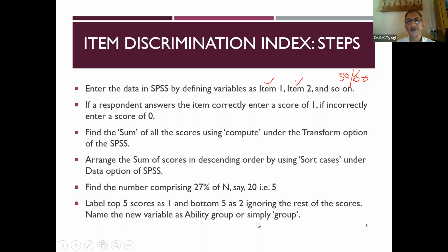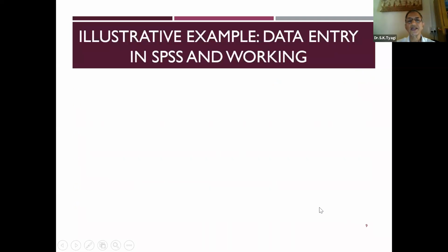Now I will demonstrate this whole procedure by taking an example in SPSS. So this is an illustrative example. I will also show data entry in SPSS and how to work with it. Suppose there are 10 items. Because I want to illustrate, I will take just a small sample of test items as well as a small sample size.